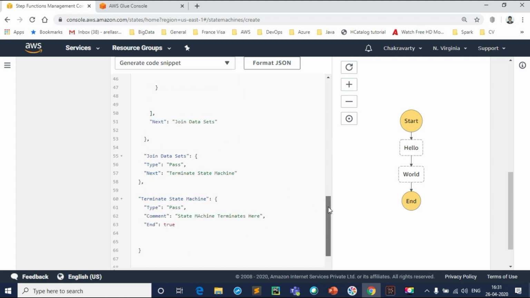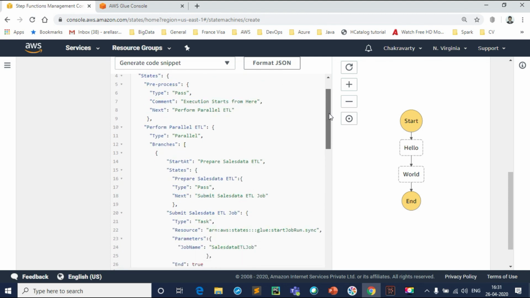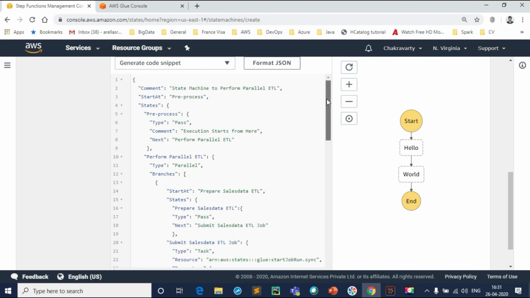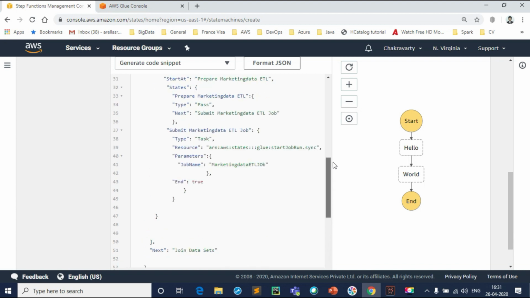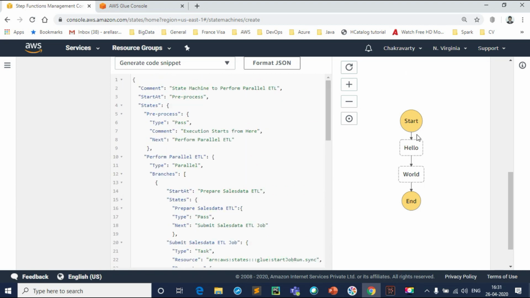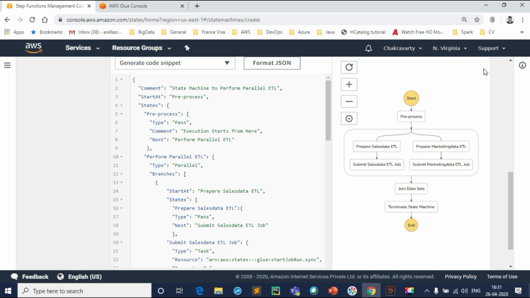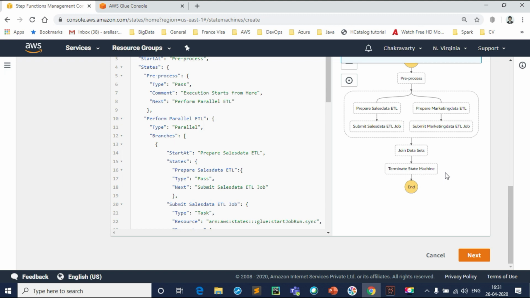All set. So we have written the complete code for the ETL pipeline, and if you want to see that visually, you just have to click this button. See this, how beautifully it's depicting the entire workflow. So now that we have completed this, let's click next,